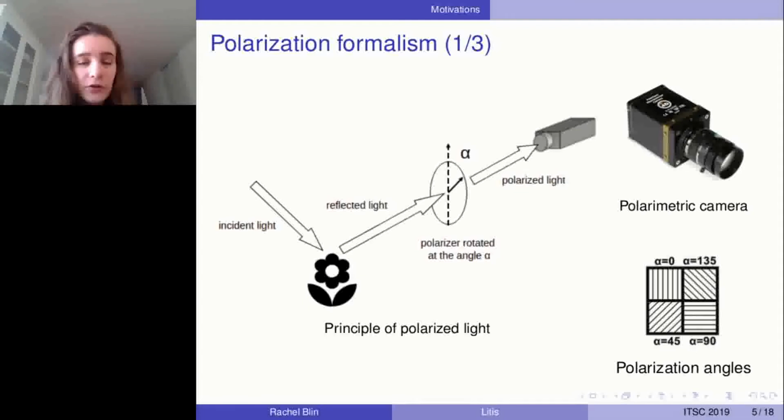In this work, the PolarCam 4D technology was used, which enables to provide four intensities I0, I45, I90, I135 corresponding to the rotation angles of the polarizer 0, 45, 90 and 135 degrees.